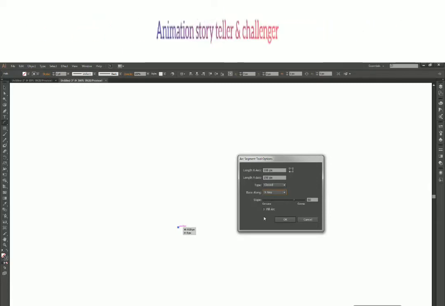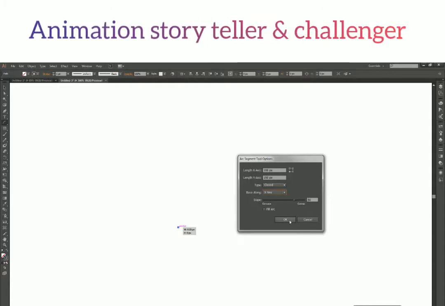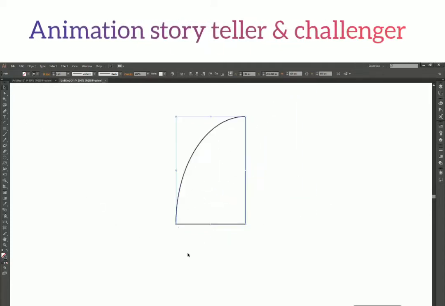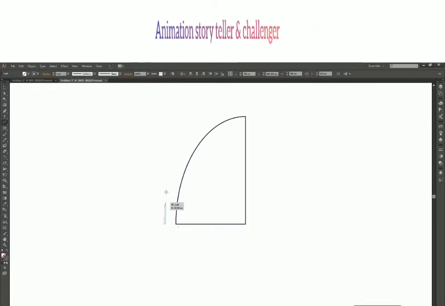Now when you click on fill arc, it will fill the arc. Otherwise, it will just leave it empty. So let's click OK right now. And there you have your arc created, and this time you can see it's a filled arc. Otherwise, if we draw an arc something like this,